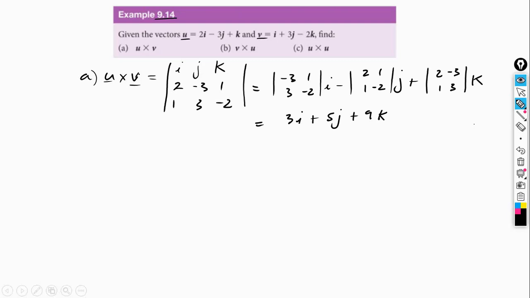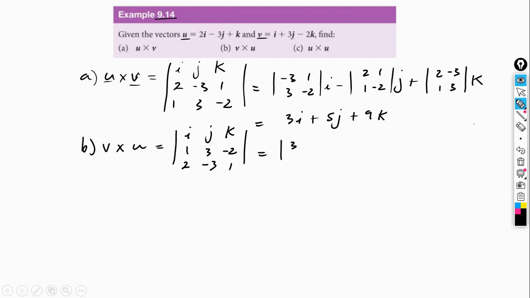Now this vector would be perpendicular to u and v, or orthogonal. So b is the opposite of this. It's going to be v times u. Here, the order is going to change, because we have i, j, and k, but now we exchange the order of the rows. We start with v, so 1, 3, -2, and then vector u would be 2, -3, and 1. So this is going to equal